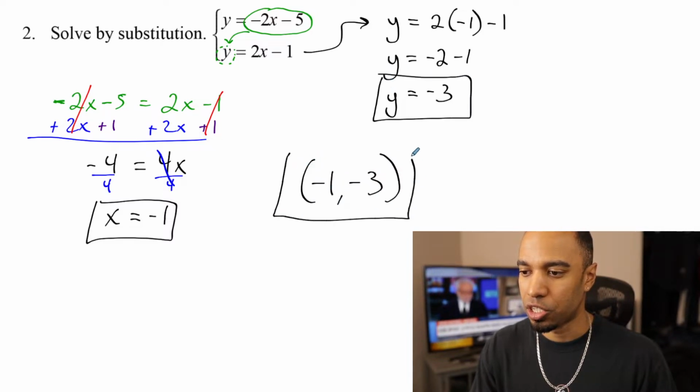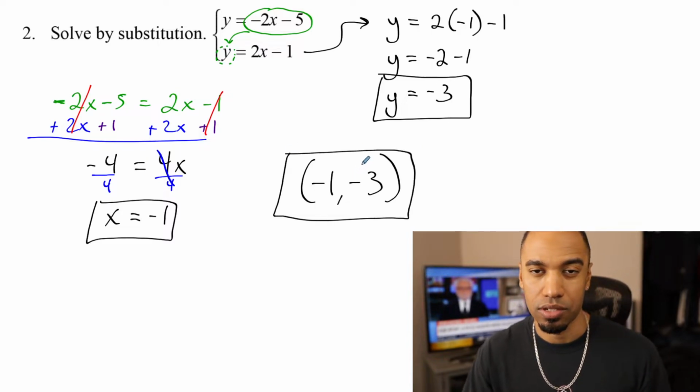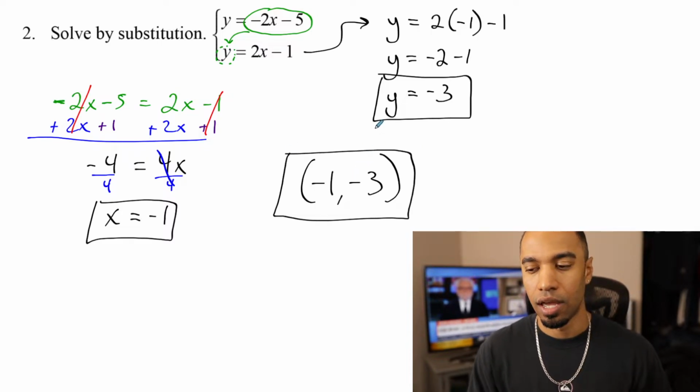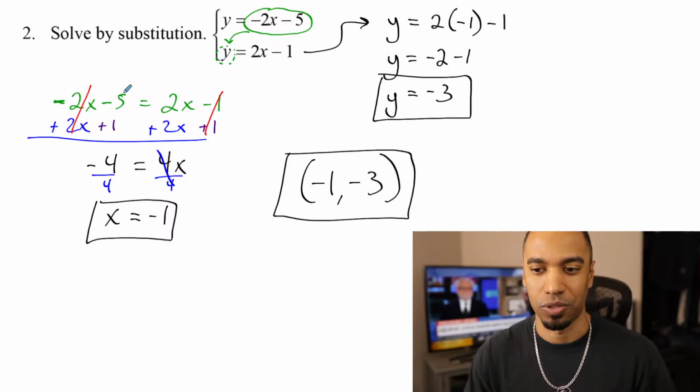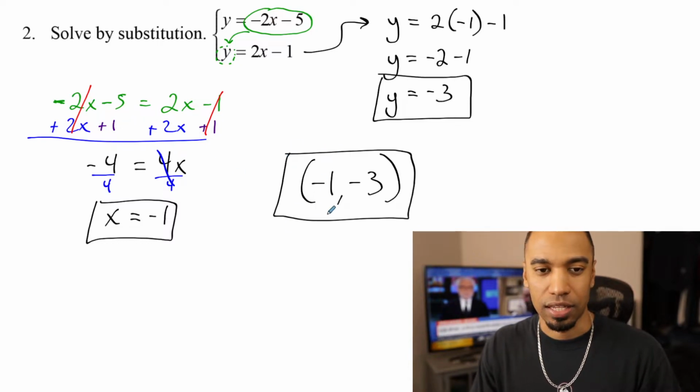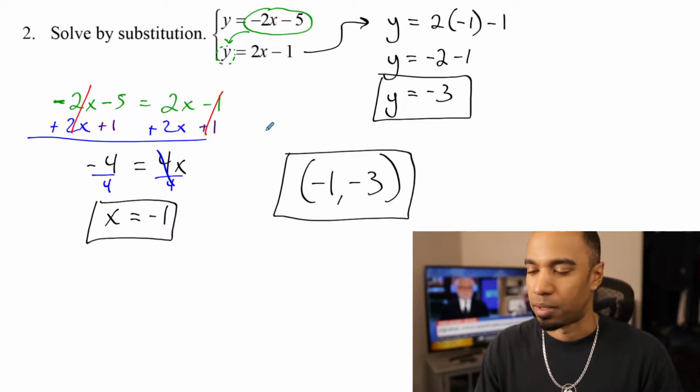Again, I'm not going to double check this one. Feel free to do so as necessary for your own sake of practice. I'm going to trust I did the right answer there. I'm prone to making mistakes. I almost canceled out a negative 5 and a 1 for crying out loud. But I'm going to trust that that's true and that works out, and I'm going to happily move on from